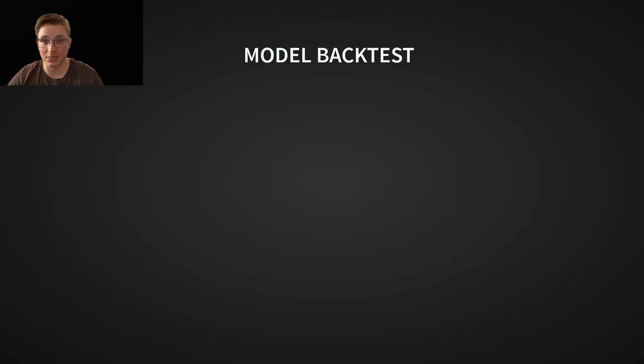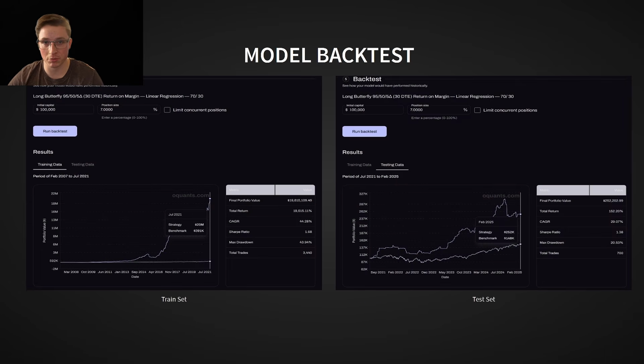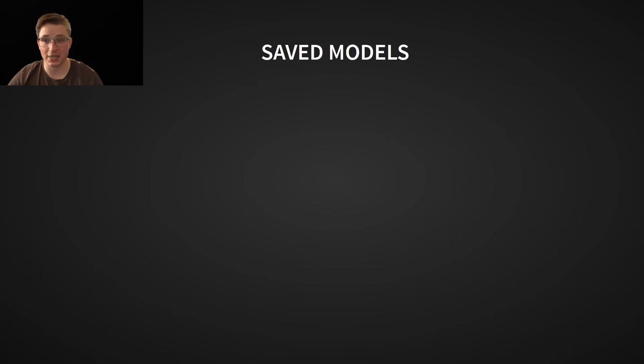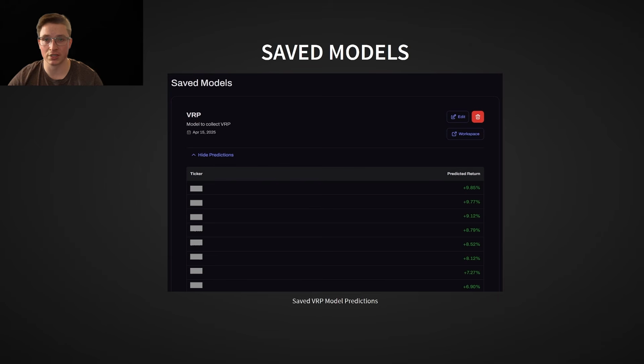Running the backtest, we see that the model significantly outperforms both buy and hold and the basic VRP strategies we tested earlier, especially in the test period, which has been marked by strong bullish trends. This is typically when short volatility trades struggle, so the model's ability to maintain strong performance here is especially encouraging. With a bit of extra research and signal filtering, we've managed to build a strategy that meaningfully enhances our ability to collect the VRP. From here, we can save the model and use it to generate entry signals going forward.